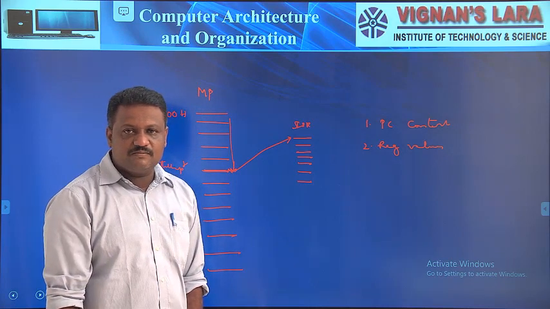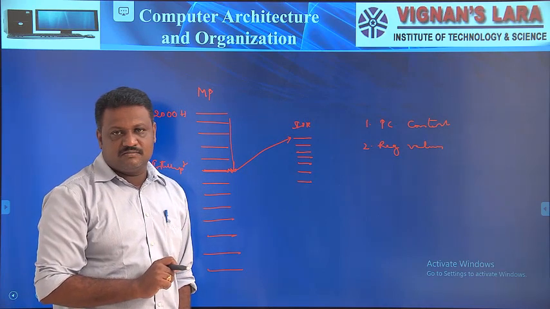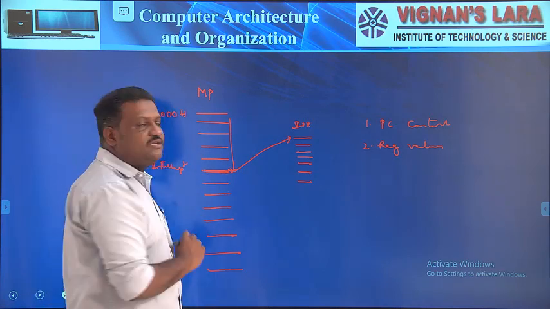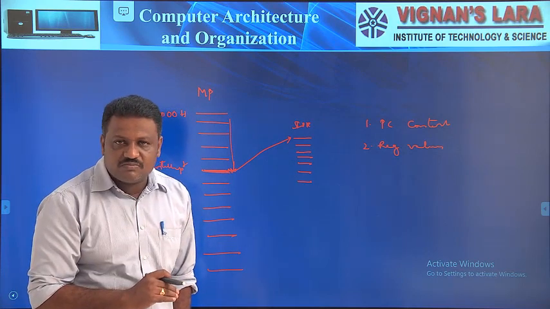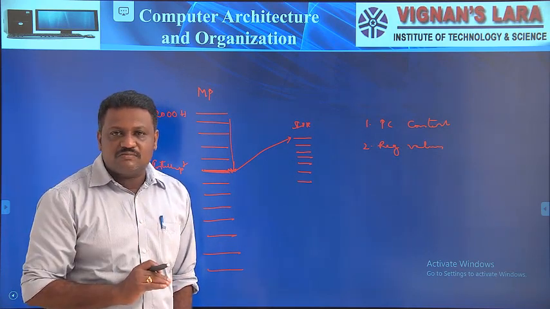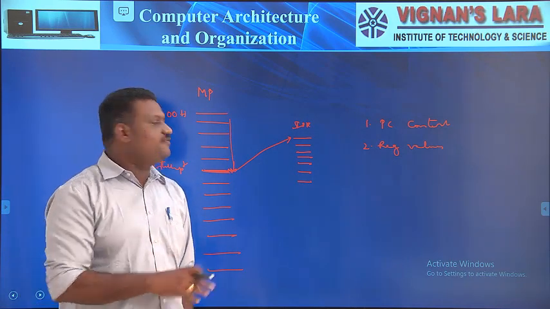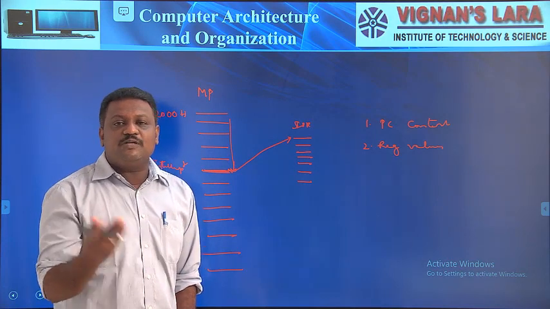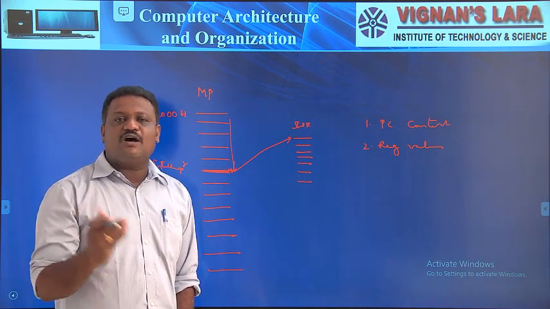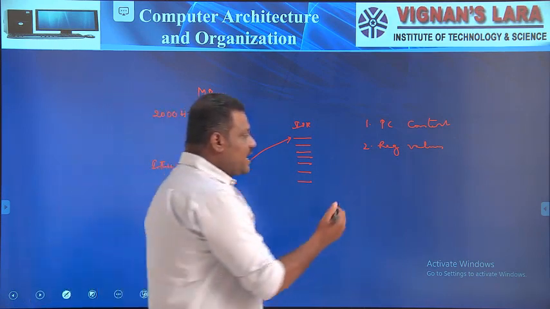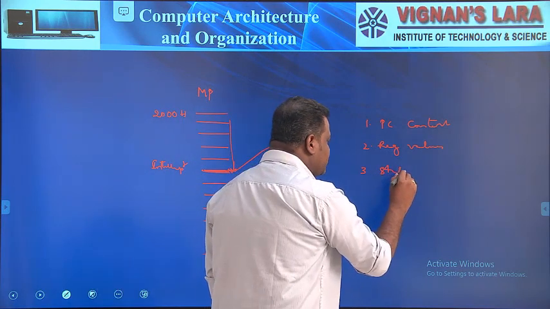And the third one is, up to this point the program has a certain status. That means up to this instruction execution, a carry may be generated, the sign of your result is negative, and you didn't get any borrow. That means you didn't get any overflow. These are the conditions of this program, and we can call the conditions of a program its status. The status information is present in a status register or a flag register. The third thing I have to preserve about this main program is the status register information.